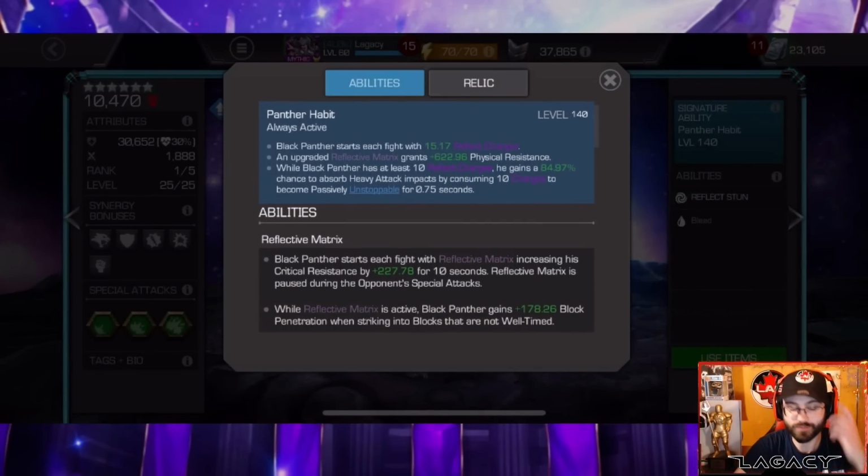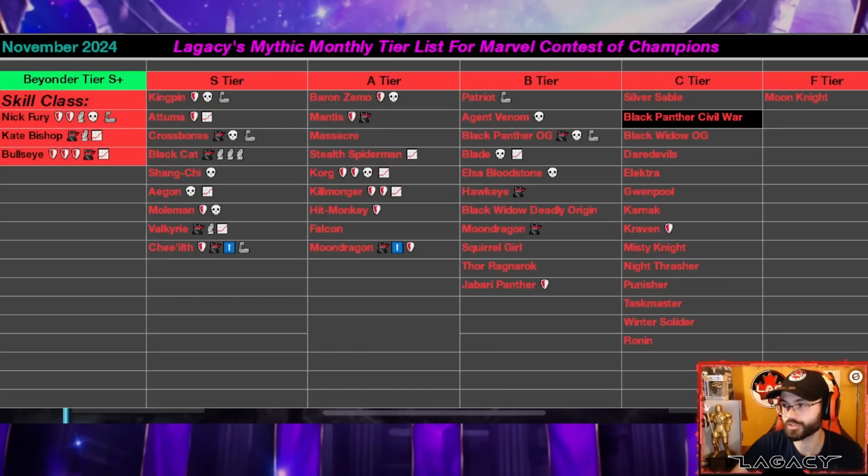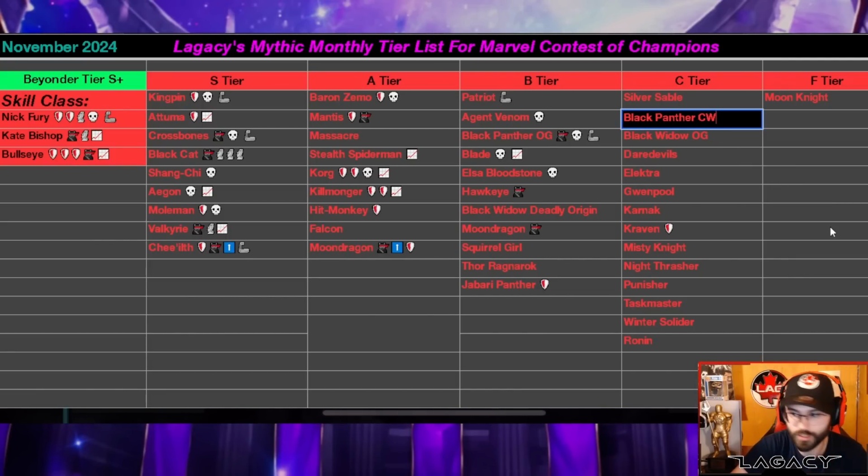And now he's been buffed. So I have Black Panther, Medusa, Purgatory. I haven't moved any of these 3 champions. We're going to do it together. So Black Panther Civil War is currently in the C tier at the moment. So I think I'm going to just shorten this as well. Let's go Black Panther CW. So we have some room for some emojis. So let's check out his awakened ability